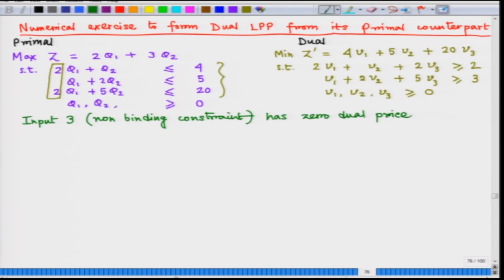Right. Why? Because this input is not fully optimized. So, there is some surplus left. Okay. So, if that is the case, then even before we attempt to solve the dual LP problem, we know a priori that V3 is going to be equal to 0, right. So, we can now simplify our dual LP problem and rewrite it as